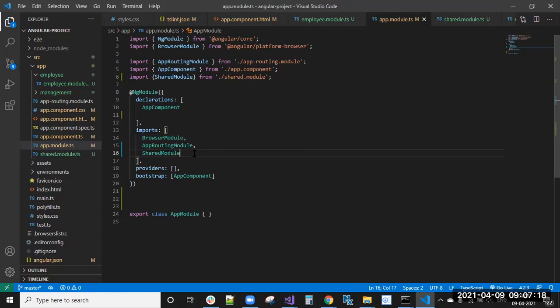And I already showed you the widget module. The app routing module: by default, when you are creating an Angular CLI application, it will ask whether you want to create routing. If you click yes, it automatically creates the routing module. In the routing class, I will show you how we can create module routing also, child routes, and all that routing information.